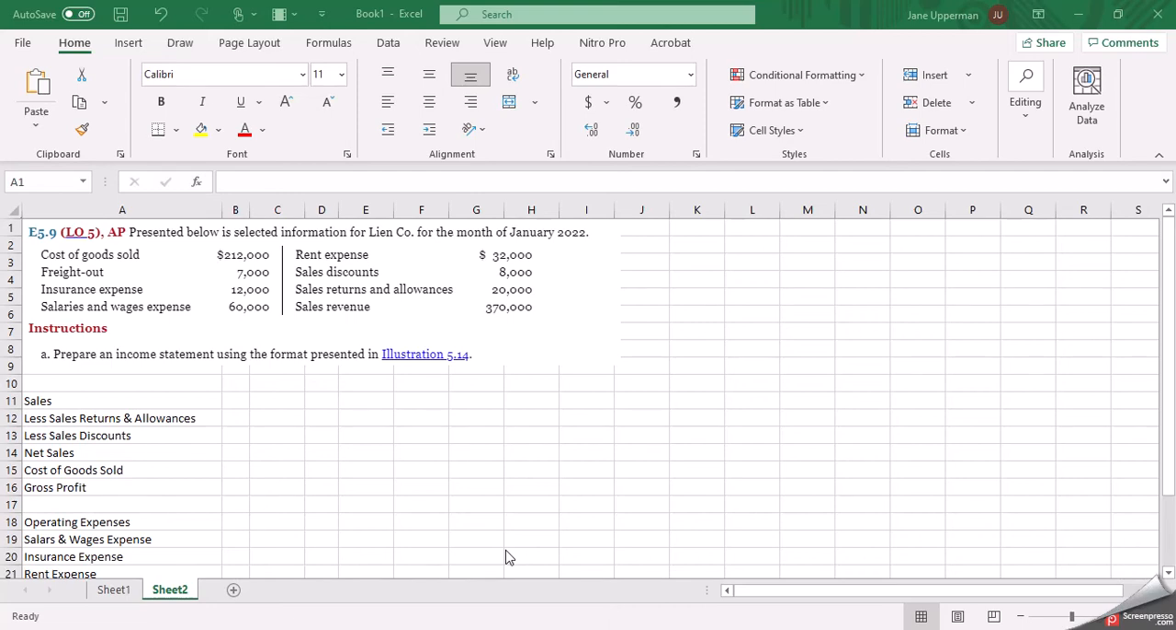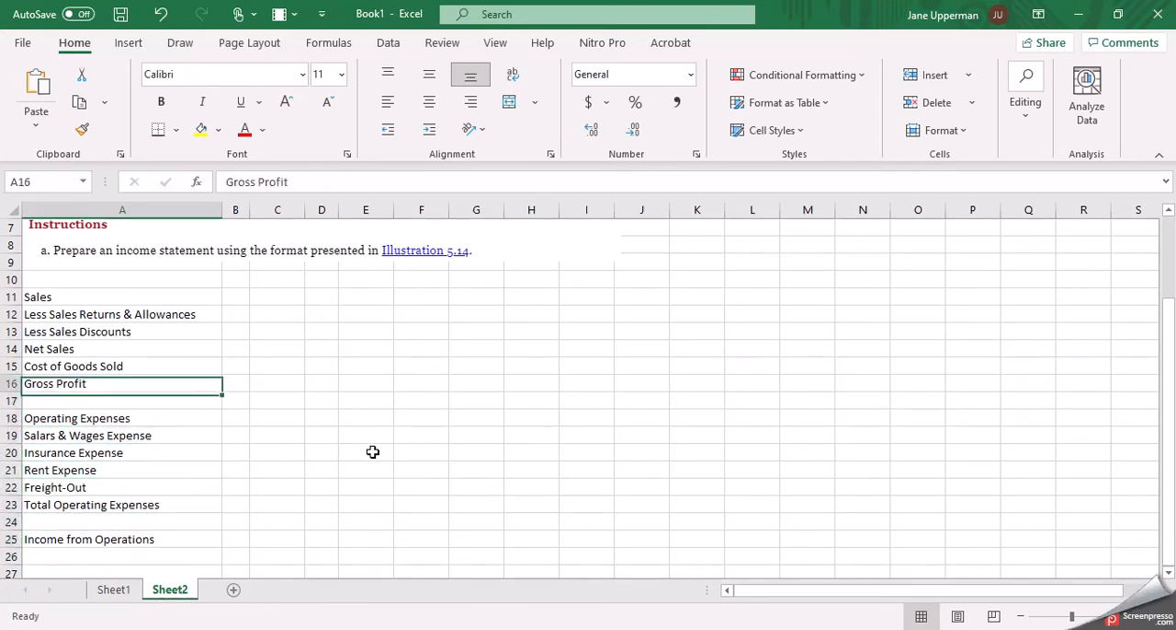Okay, this video explains how to set up a multi-step income statement, which is very common in accounting. So they give us some basic information. It really just takes you down to the income from operations. There's no interest expense or interest income or gains or anything in this one. You can have those, but this one's more of a basic one. Okay, it says to go back to illustration 514, which I've done, and I've